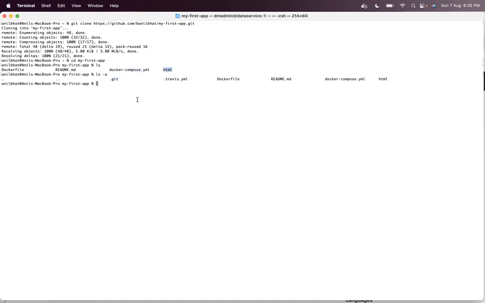So this repository is a very simple repository. It contains only two HTML pages. We want to run this particular HTML page, right? You can run this application inside your machine also.